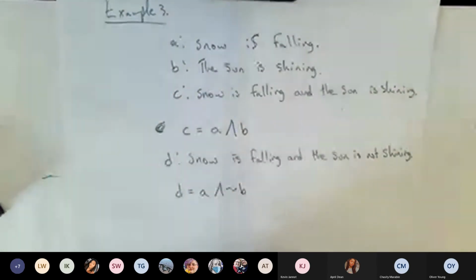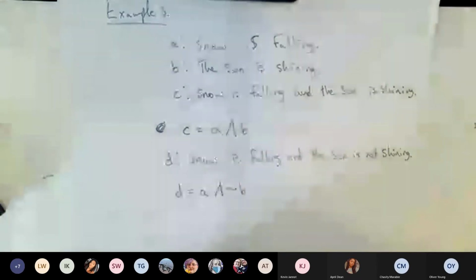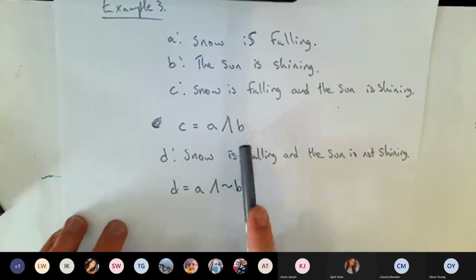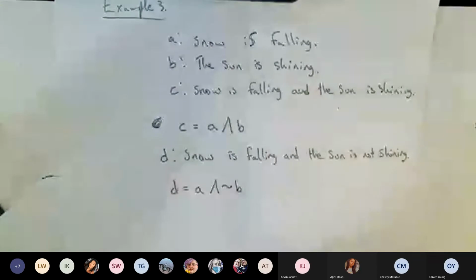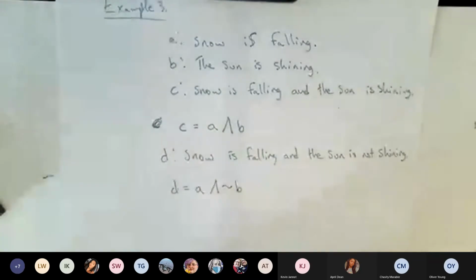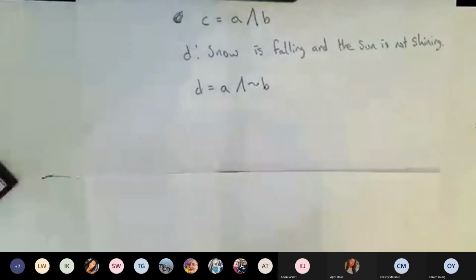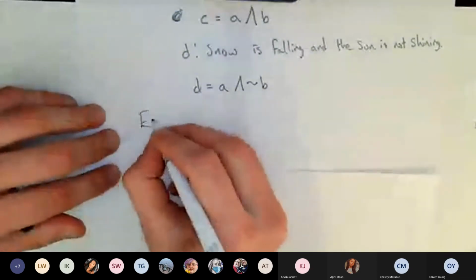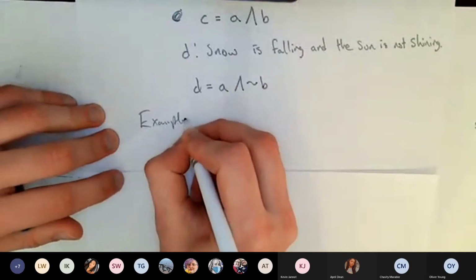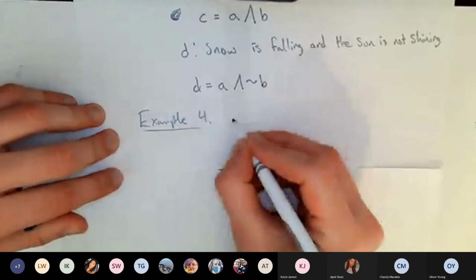Example 4 is very similar, except it's using the word or. So you just got to remember for and, it's pointing up. For or, it's pointing down. I am going to do example 5 though, because in example 5, the implication symbol, you got to understand how those work, and they are actually really important too